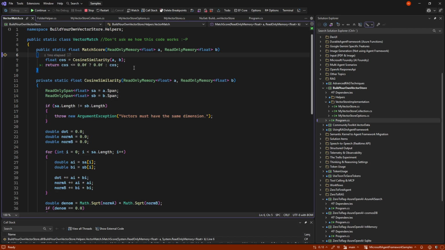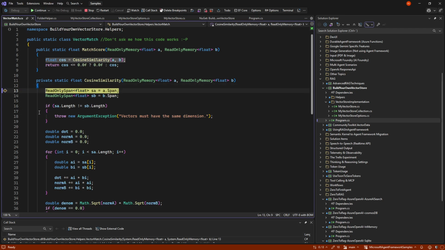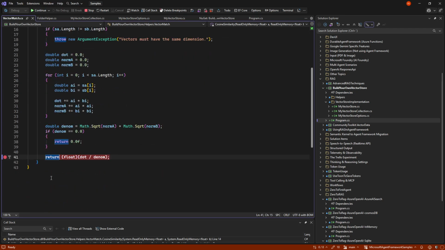I'm not a math expert, but it's a cosine similarity search here that simply goes in and takes vector A, vector B, and does a bunch of math related stuff, figuring out which one of them are closest to each other. And I have no clue how that actually works, but it will give a value between 0 and 1. And the higher the value, the more similar it is.